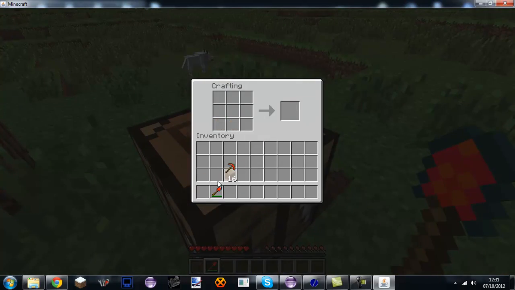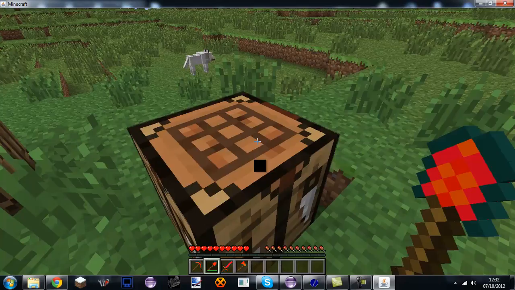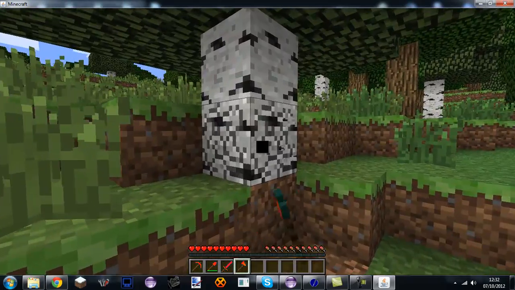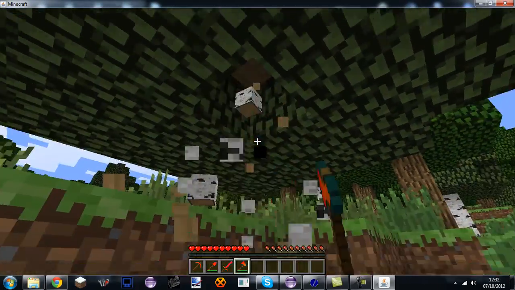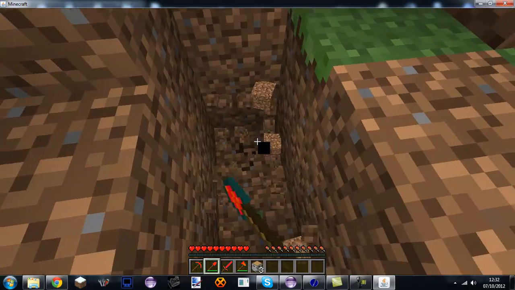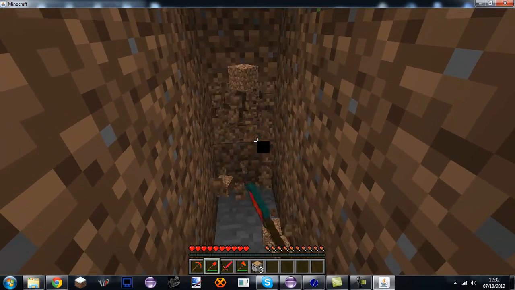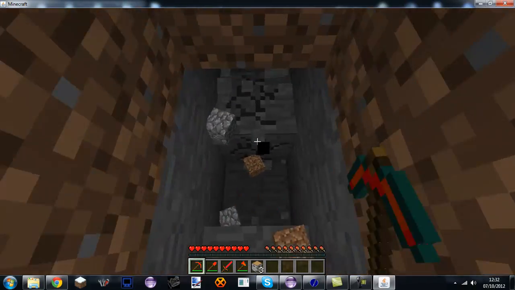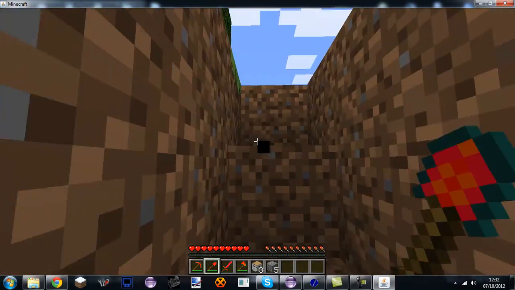Now let's get a pickaxe, a sword, and an axe. I know the textures are terrible. So the axe works fine. The pickaxe works fine. And the sword,